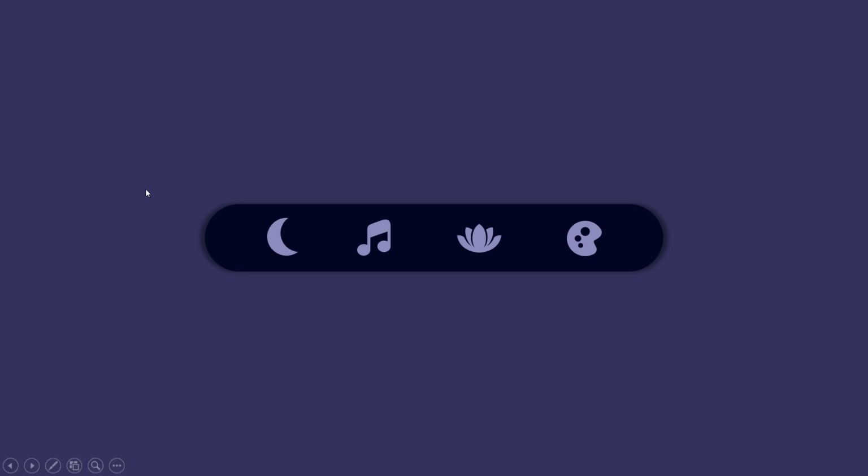Hey there guys, do you want to make this amazing, interactive, and really cool navigation pane in PowerPoint that actually